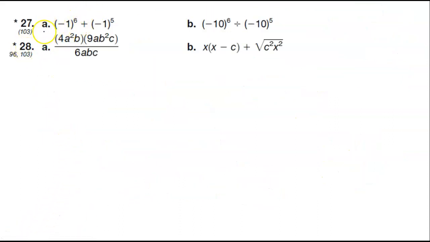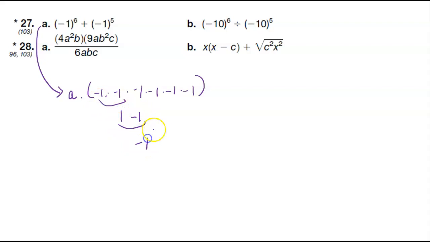Aha! Okay, 27. Let's do A. So negative 1 to the 6th, if I write that out, 2, 3, 4, 5, 6. So I'm multiplying all of these. Kind of hard to tell. Like this is positive 1. This is negative 1. Let me just tell you, because this is even, this is positive 1. And because this is odd, this is negative 1. So we end up with